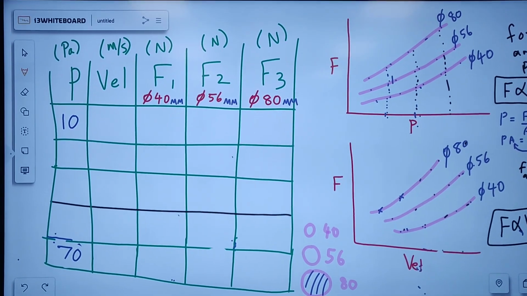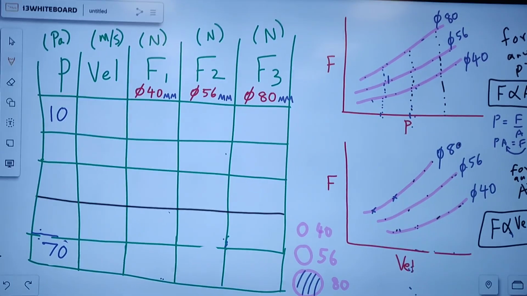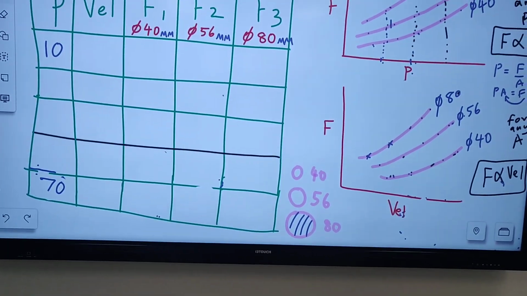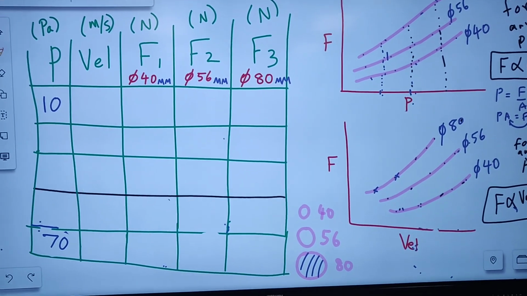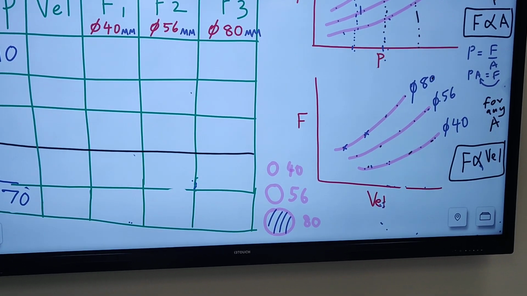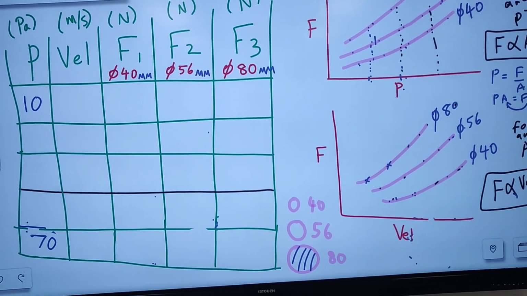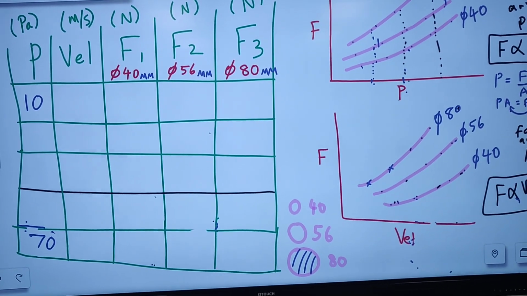This is part 3 video on drag force experiment. Here we are going to look into the graphical representation of the experimental data. There is as such no calculation involved here. The objective is verification of the theoretical concepts, which is drag force directly proportional to the object's cross-sectional area and